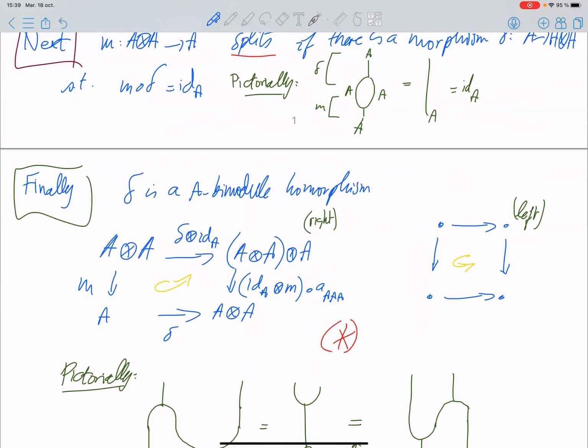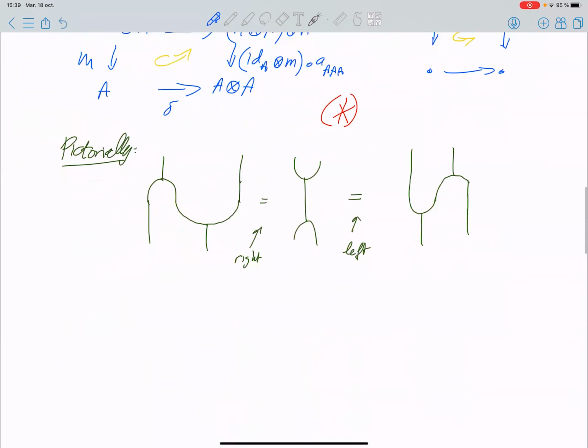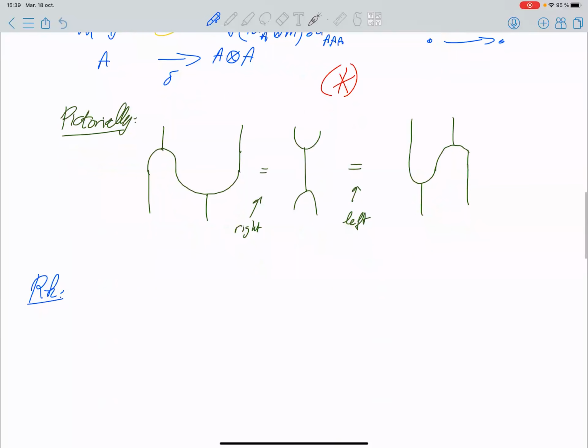Here it is just a reformulation of the fact that the splitting morphism delta is a bimodular morphism, but in fact this property, this picture, you meet these pictures